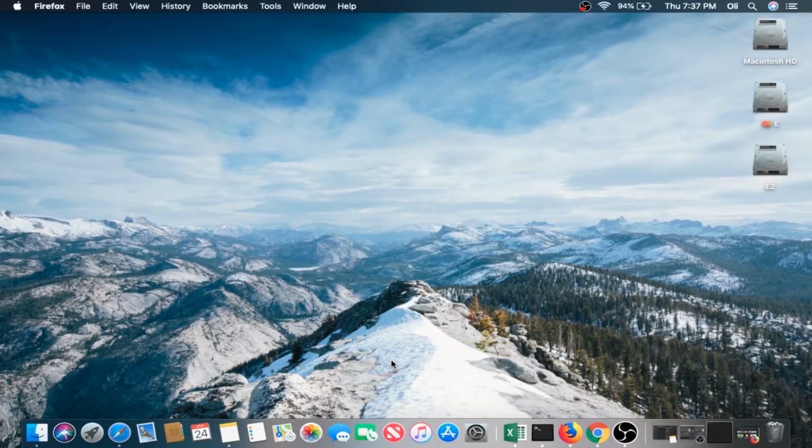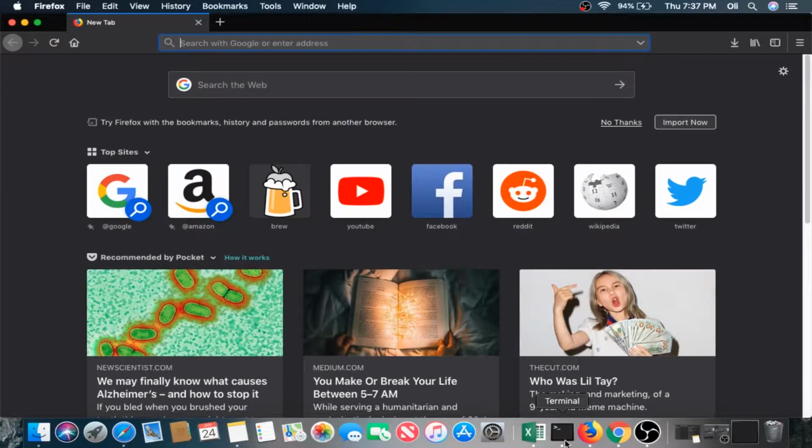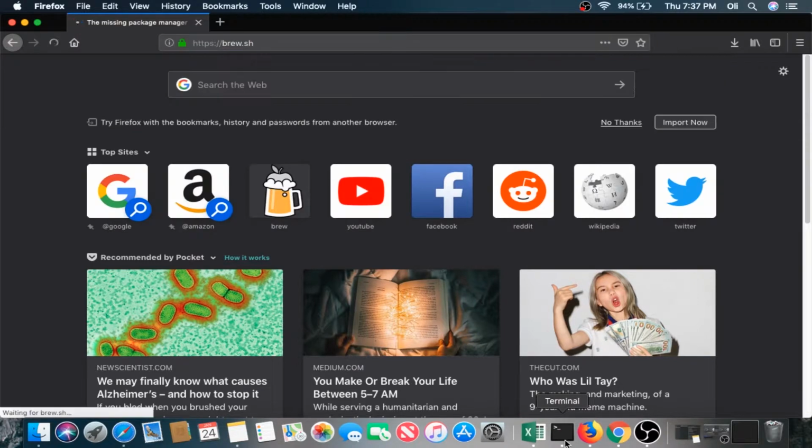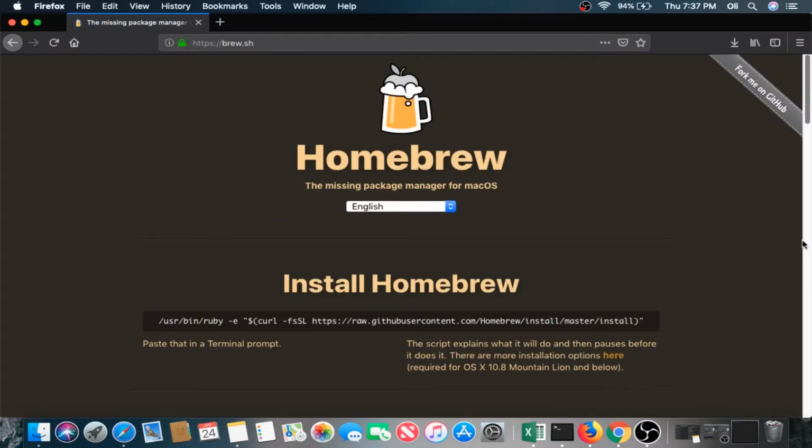Today we're going to go over how to quickly install Homebrew for macOS. It's the Mac flavored package manager. First thing we're going to do is open up a browser, https://brew.sh, or you can simply Google for brew